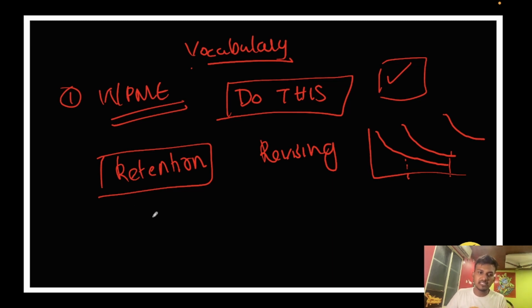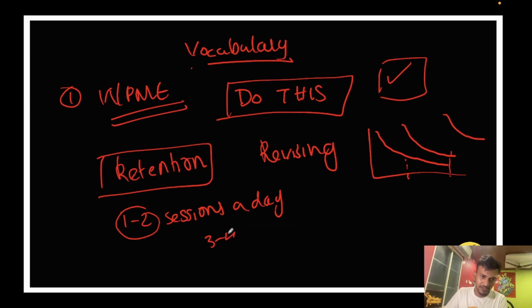Word Power Made Easy कैसे solve करना है? आपको एक session, like 1 to 2 sessions a day करना होगा, or more if you feel कि you have that power, you can do 3 to 4 sessions as well. I don't really mind, but depending on your capacity, 1 to 2 or 3 to 4 you can do. Okay, and then you have to do the exercises. Then this is the strategy for the exercise. Okay,